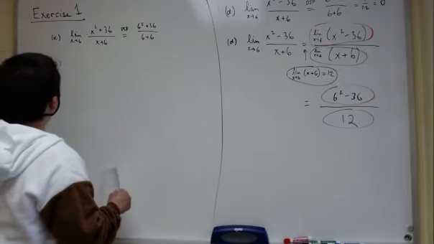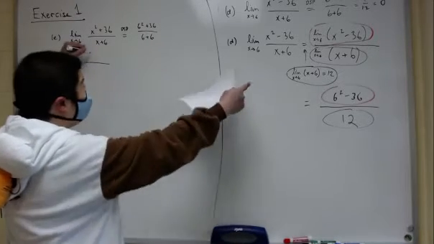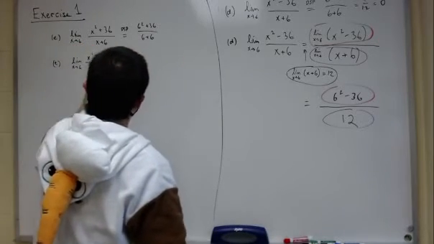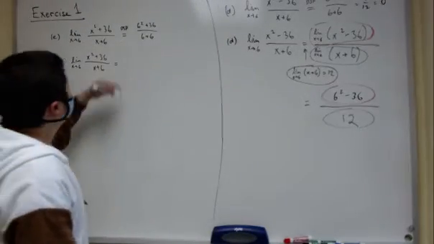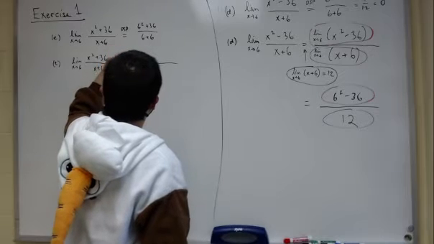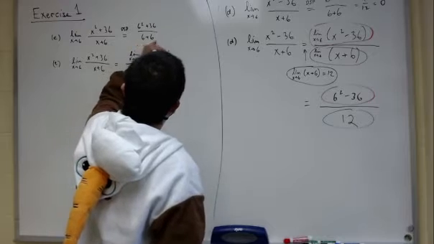Another way to do this is the same principle as we saw over here. Because the limit of the bottom is non-zero, just like over here, the limit of the bottom was 12, same bottom right there, we can split this up into a limit of the top over a limit of the bottom. The only time you can split like this